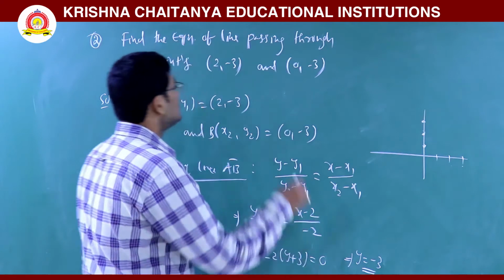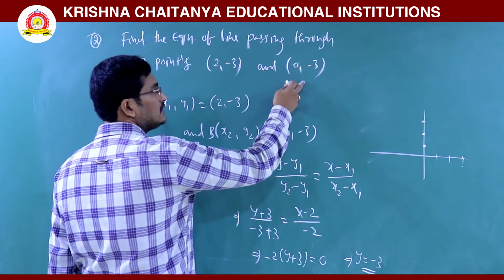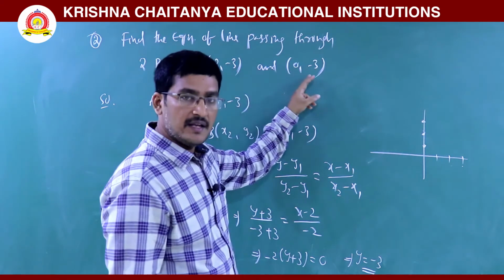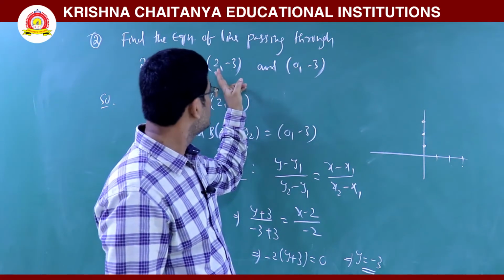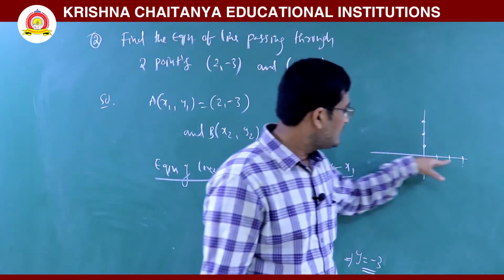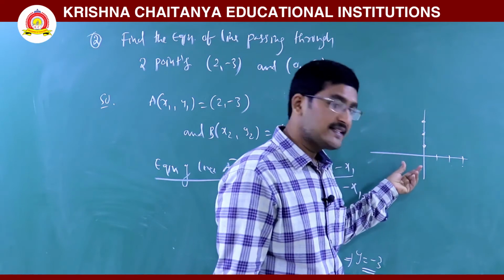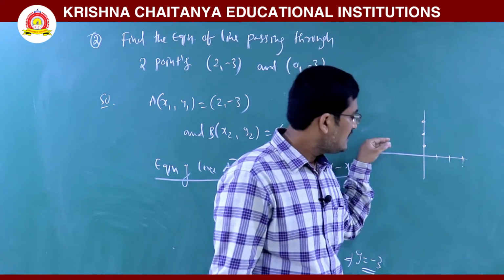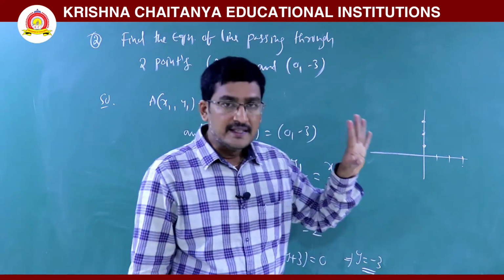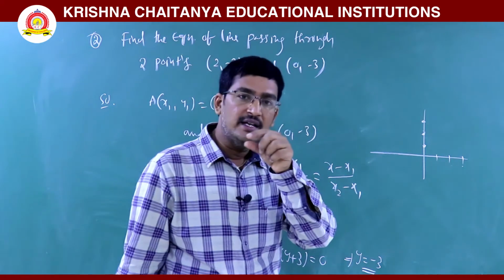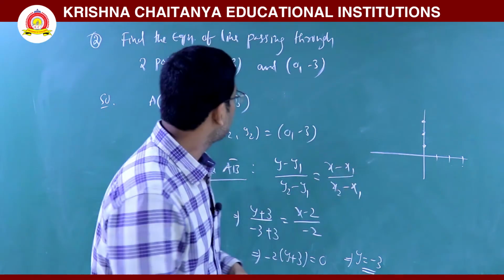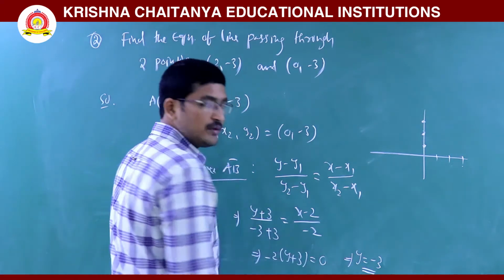In this way, these 2 points lie on the line, because these 2 points have the same y coordinate, -3, so automatically you can say these 2 points lie on the line y equal to -3. These are all the points on the x-axis having y coordinate 0, so the x-axis equation is y equal to 0. In the same way, these are the points having y coordinate -3, so we can easily say those 2 points lie on the line y equal to -3. Or by applying the 2-point form formula, you will get the straight line y equal to -3.